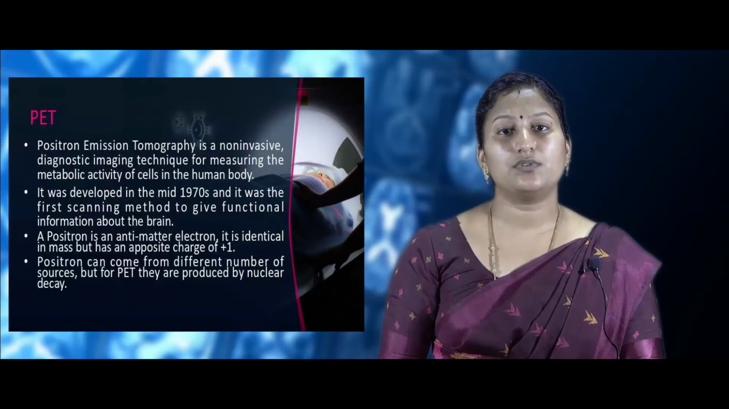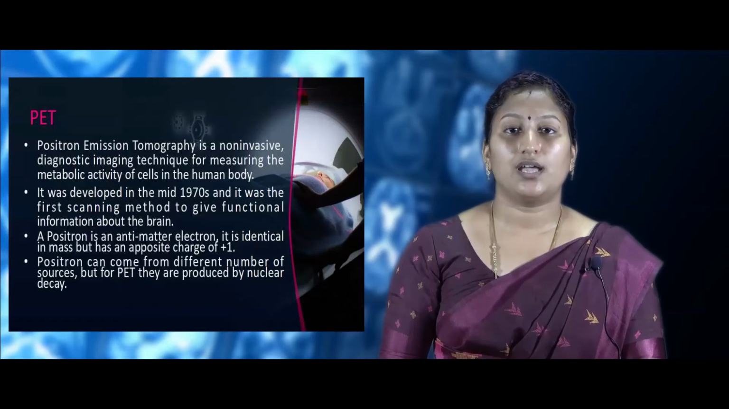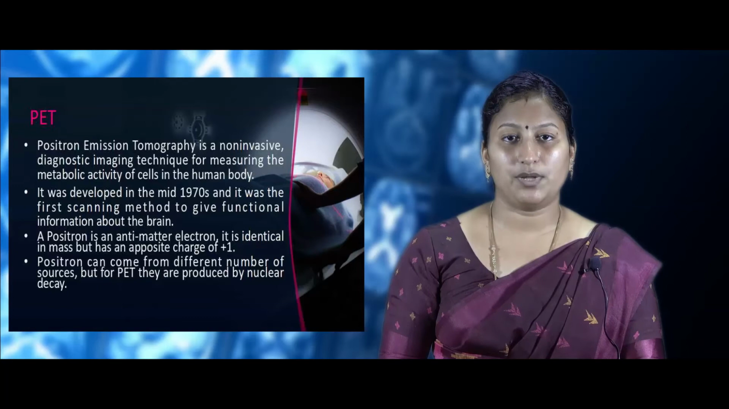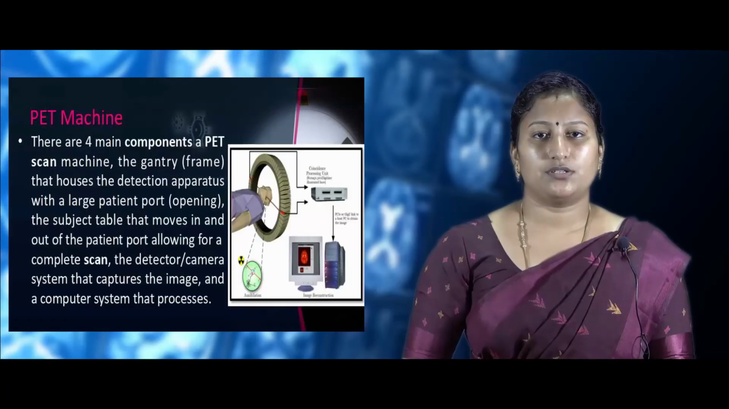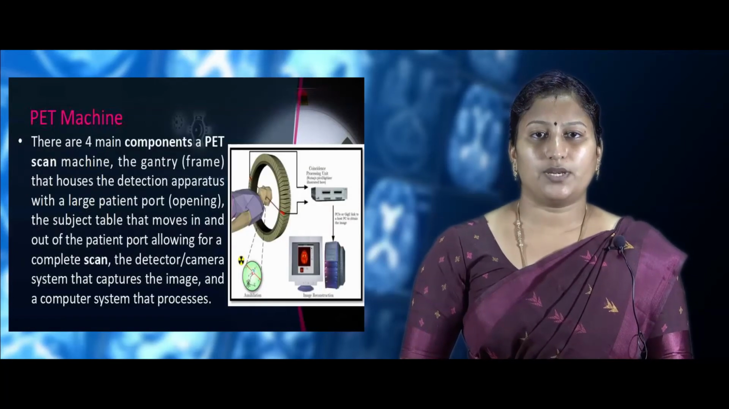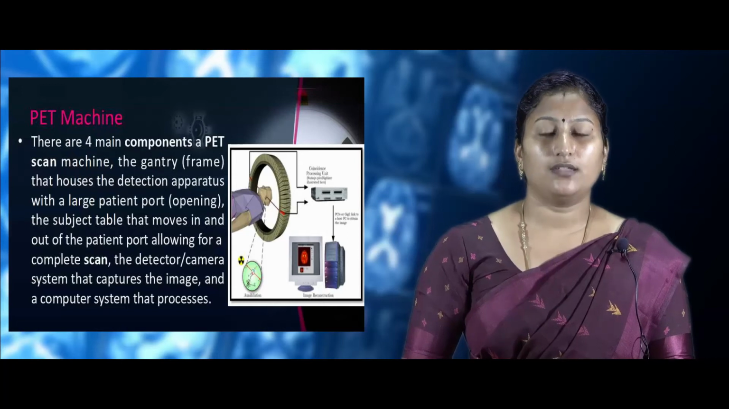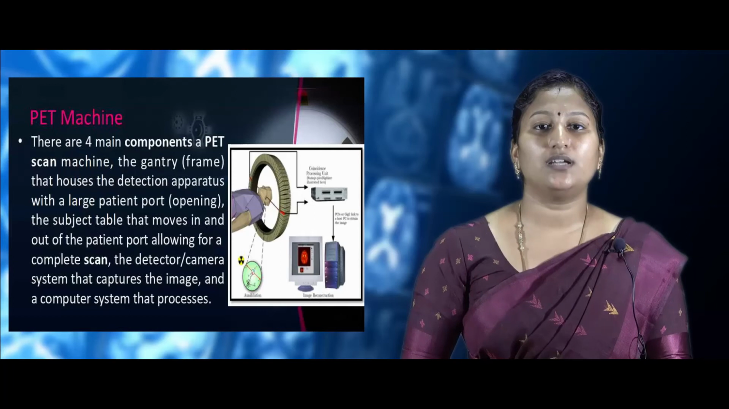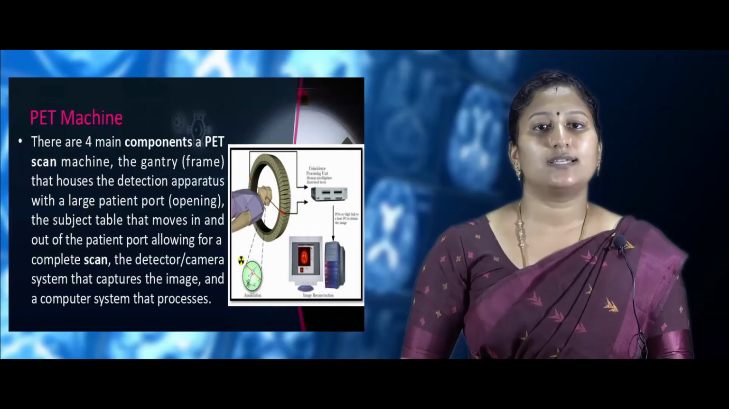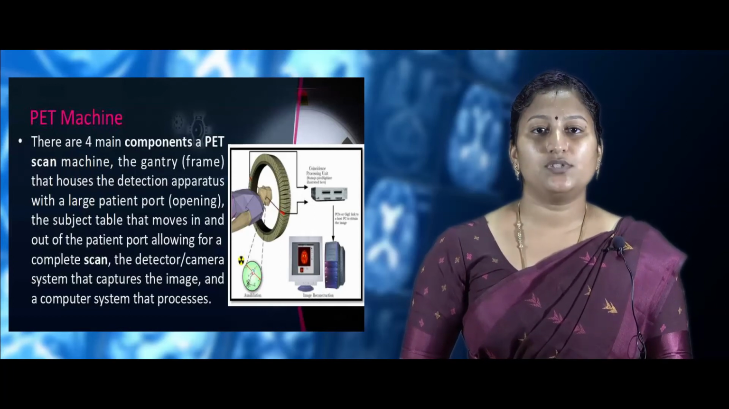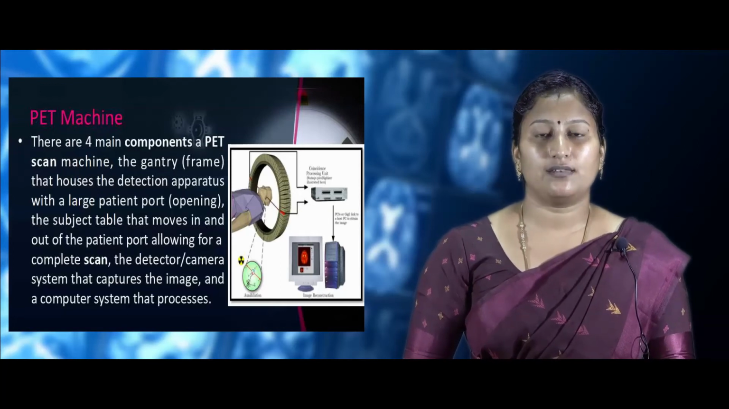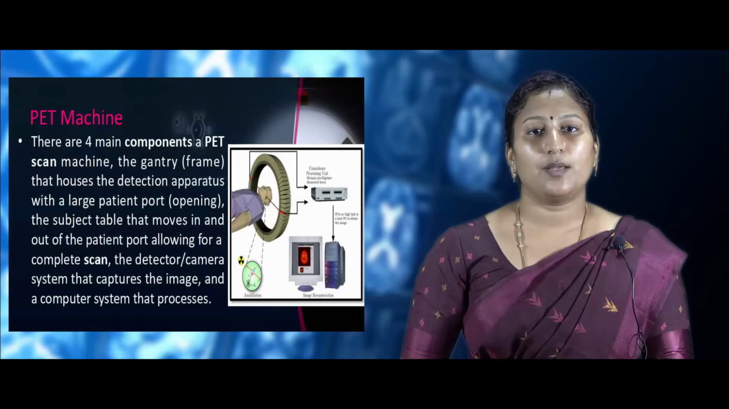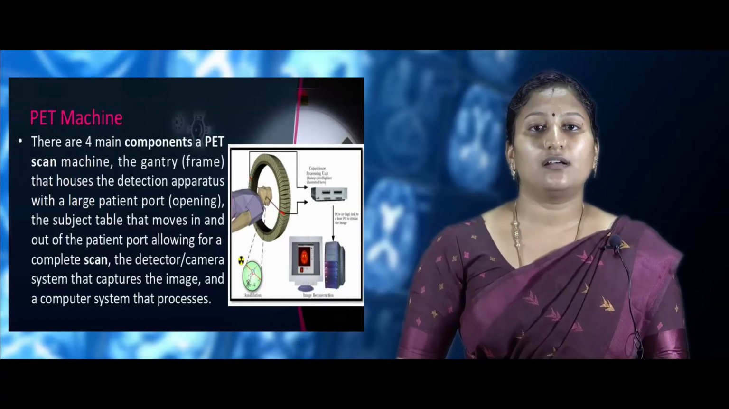Positrons can be produced in a number of ways, and in PET they are produced by nuclear decay. PET machine: there are four major components in a PET scanner. They are the gantry that houses the detection apparatus with a large patient port, the subject table that moves in and out of the patient port allowing a complete scan, the detector or camera system for capturing the images, and a computer